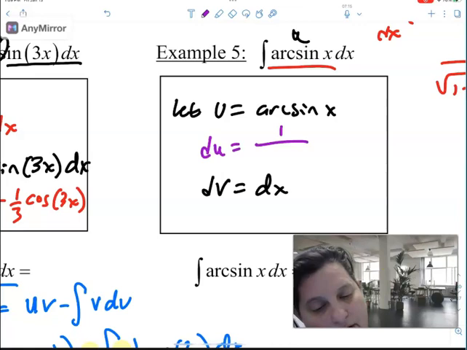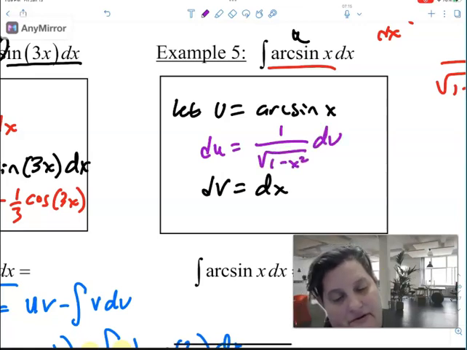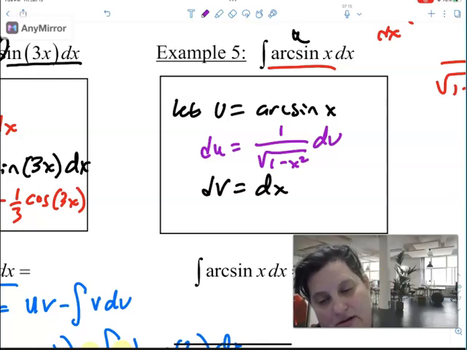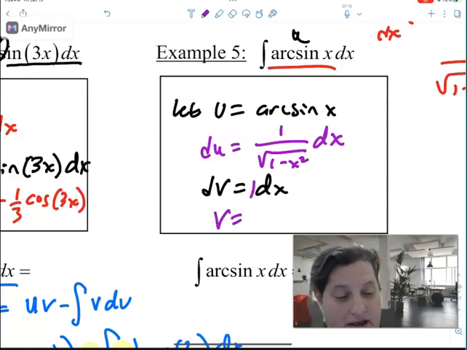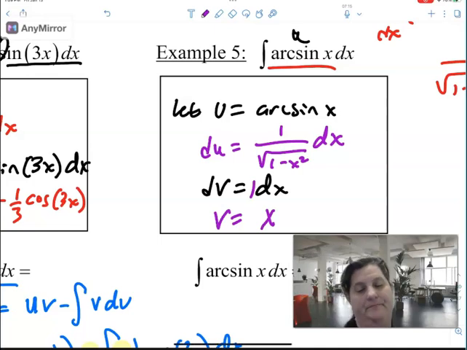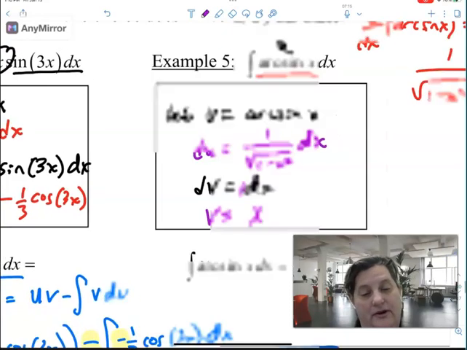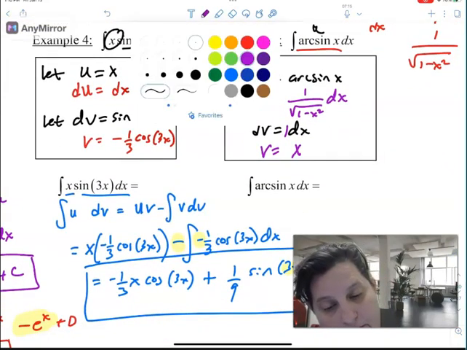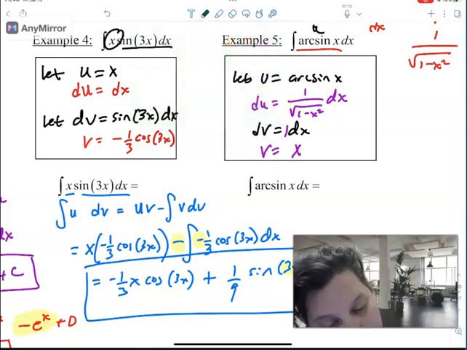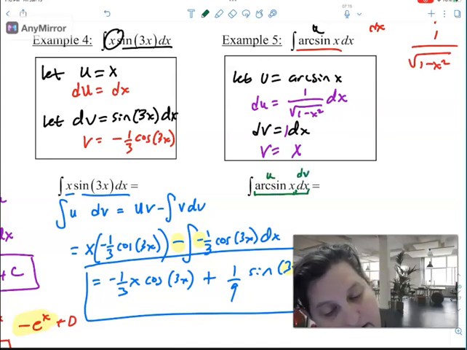du is 1 over the square root of 1 minus x squared dx, and then dv is dx, so v, if I go backwards, what's the integral of 1? It's just x. Okay? So there's my chart. So now I go like this. Alright. Color that'll stand out. So this is u, this is dv, so it's going to equal